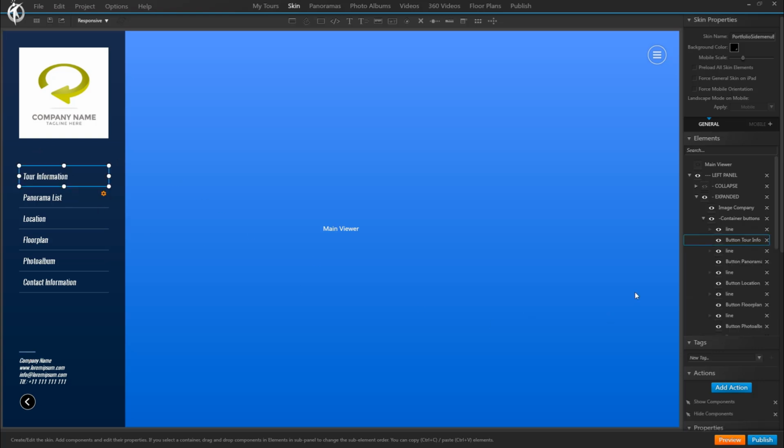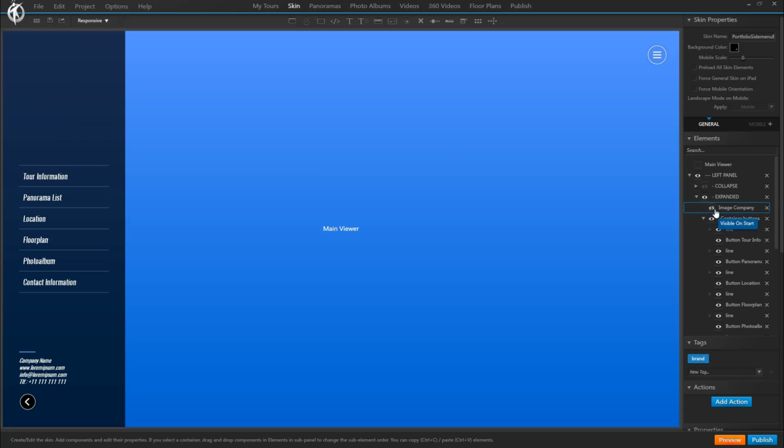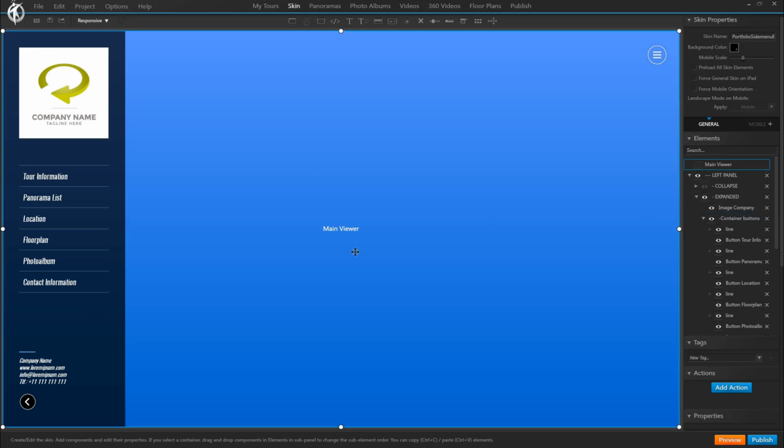And maybe also the tour information as well as this line. So the idea is that the tour will then be seen like this without those elements, okay? So let's publish as usual.